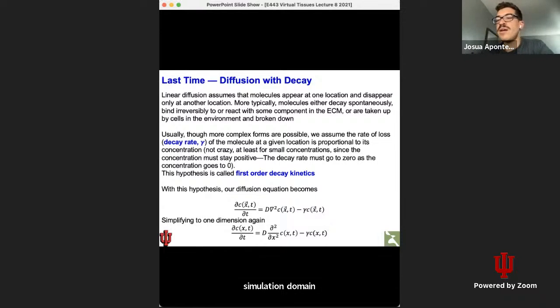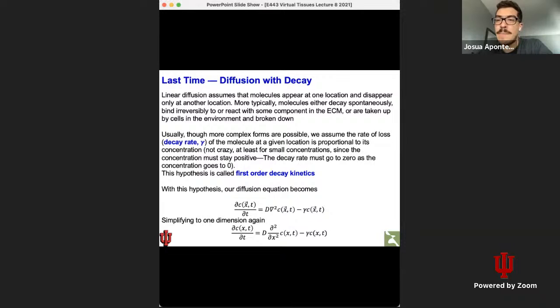And we explained that from a biological perspective, this decay usually refers to some sort of inhibition of the molecule, or active degradation in the extracellular environment, rather than a spontaneous decay, which is not often seen in a biological context, because biomolecules tend to be rather stable, although there are always